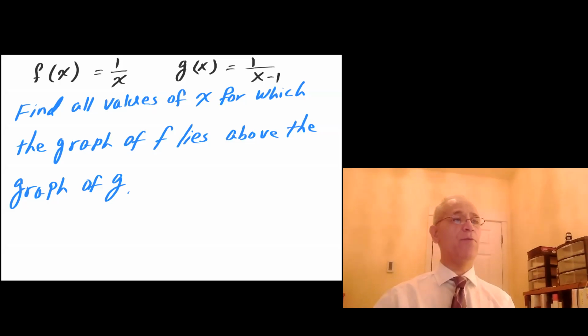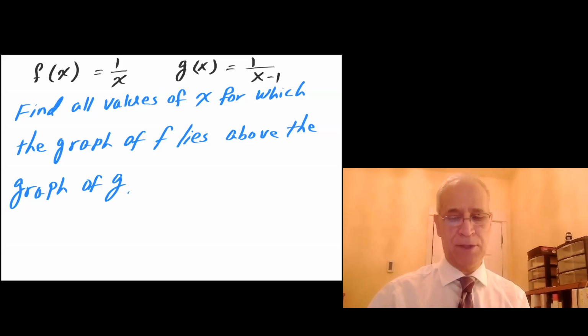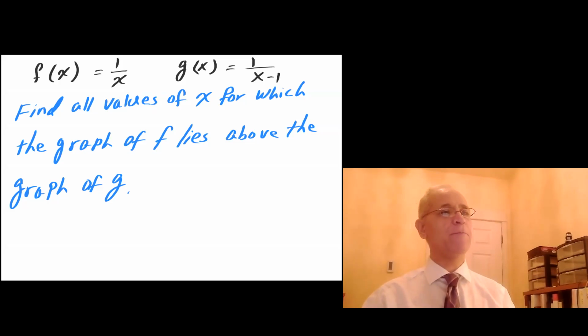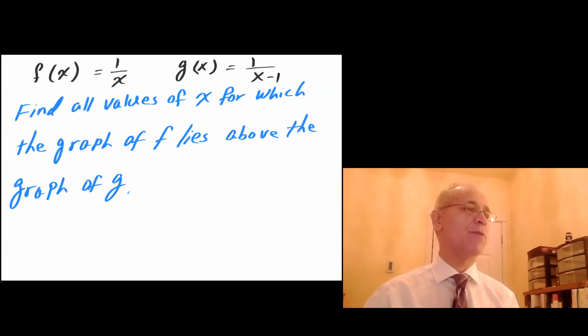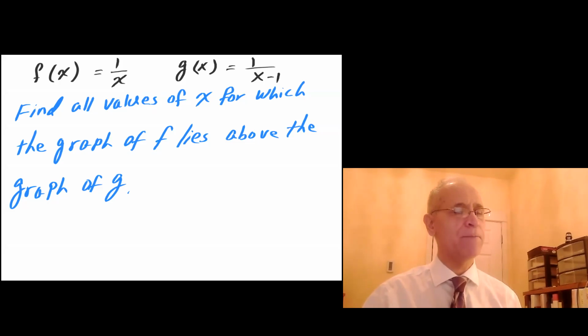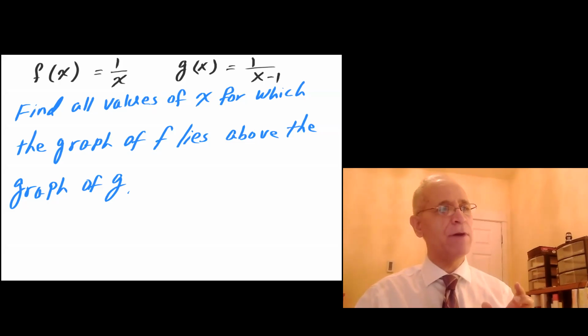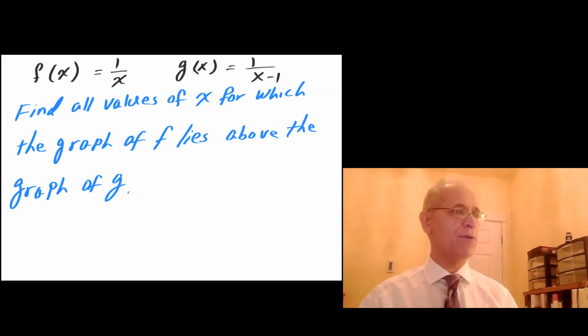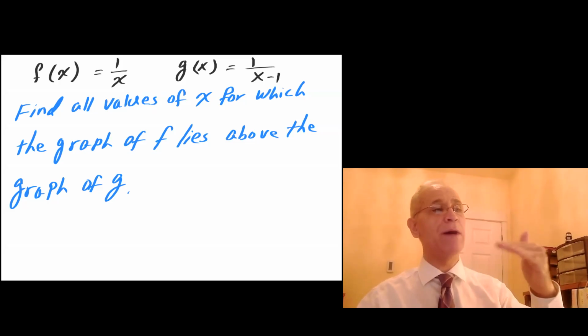Hello, Math 141. This interesting problem was emailed to me. We have f of x equals 1 over x and g of x equals 1 over x minus 1. We are supposed to find all values of x for which the graph of f lies above the graph of